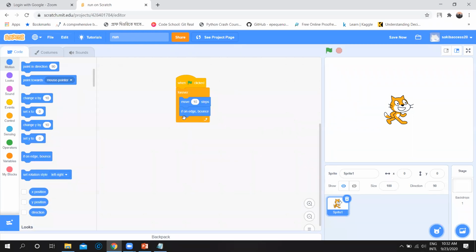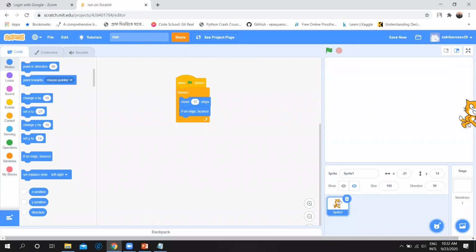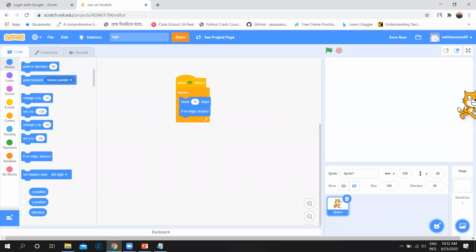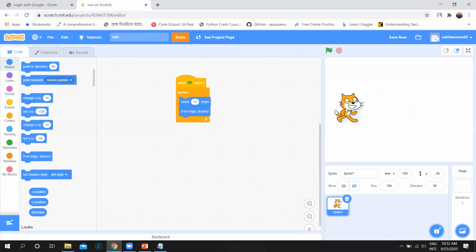Edge means this one, the boundary. Whenever it goes to the edge, it will bounce. We are doing it so that whenever it goes there, it will not get lost. It will bounce and return back again. That's why if on edge bounce.